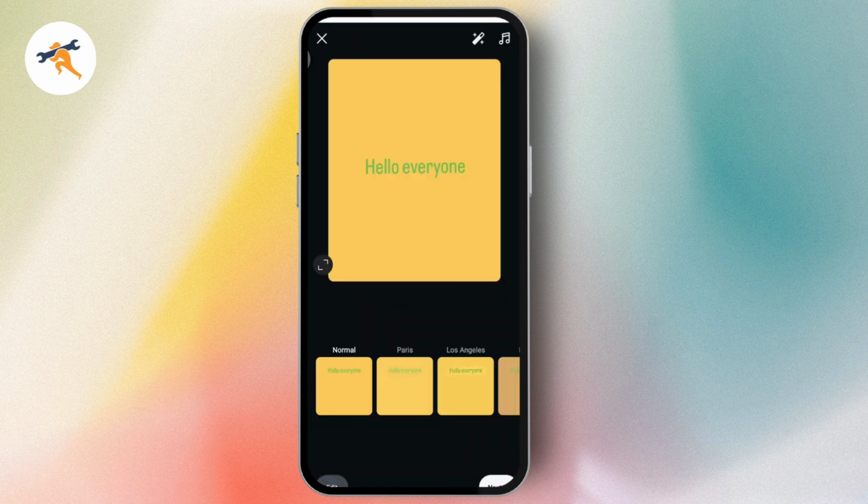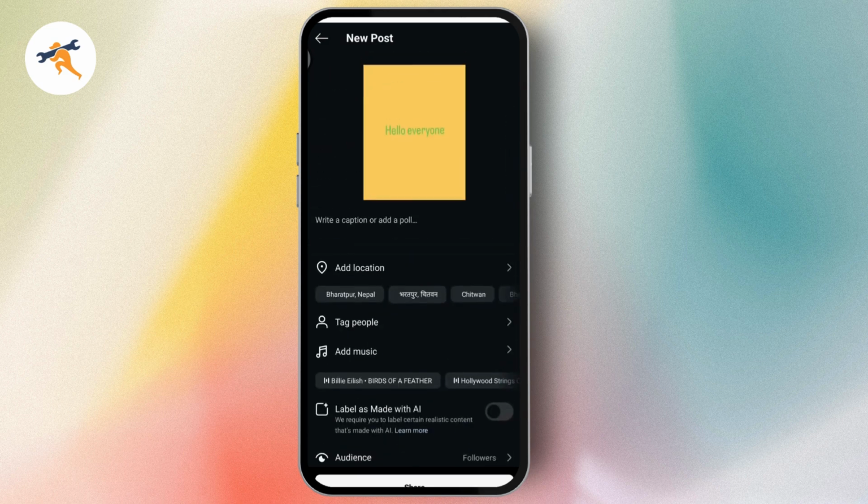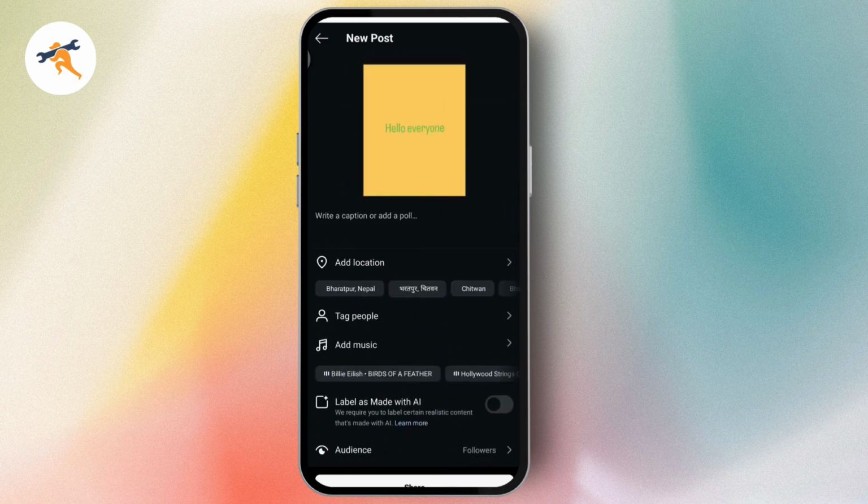And now you can add some filters to it or add some music to it. And once you've added, you can simply go for next, which is on the bottom right. And once you tap on next here, it will take you to this kind of interface where you just need to simply tap on share, which is on the bottom right, and you will post that. So that's how you can post